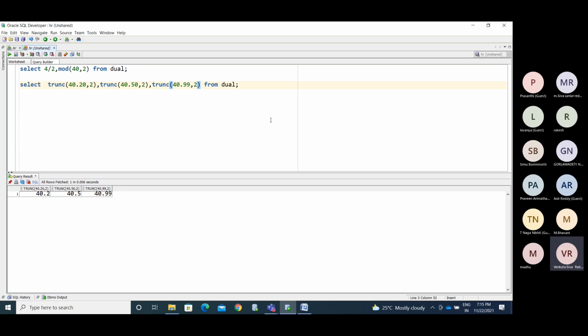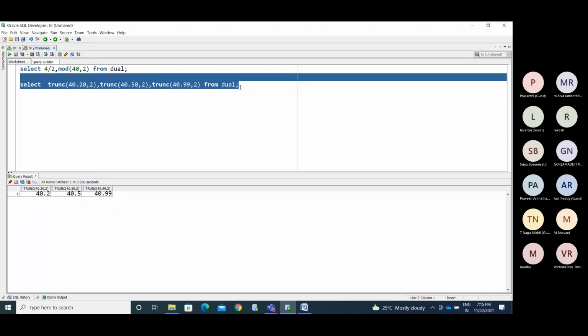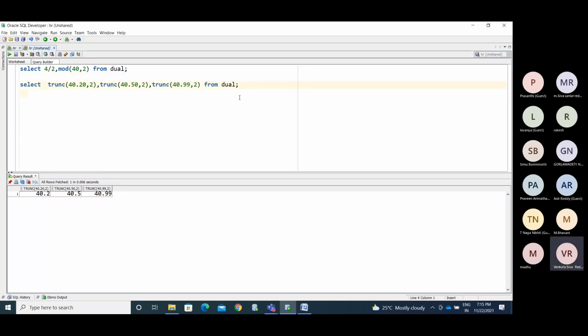So now I'm running it as a round function. Trunk means how many decimal values I need to keep. If you have 10 and I need to display only 2, use the 2. You are not performing any round operation here. Simply use the round function.